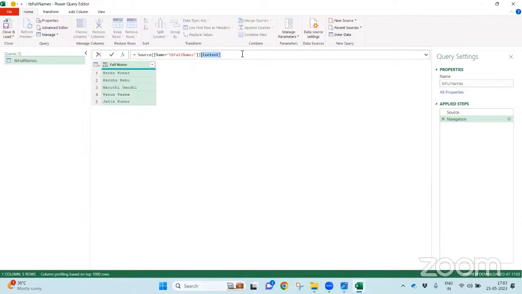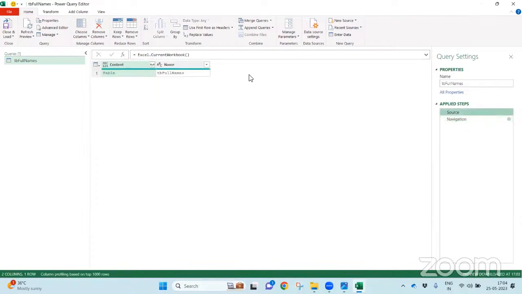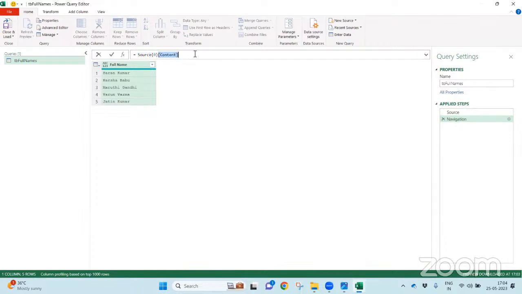Because in this particular case, I want to take only one particular row. Either you can take like this, or even you can take like this, one and the same. Why? Because earlier I mentioned a specific row name. Instead, I have directly taken the first row. Now let me put enter, both are one and the same. Now there are two steps I have done here. First step, Excel.CurrentWorkbook. Second step, I have taken from that table. Source means the previous result. Then in that first row, content column.